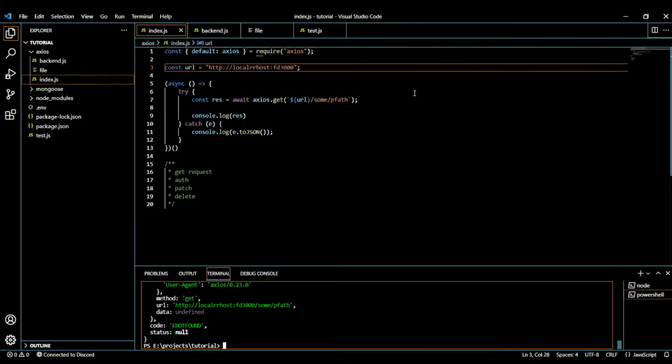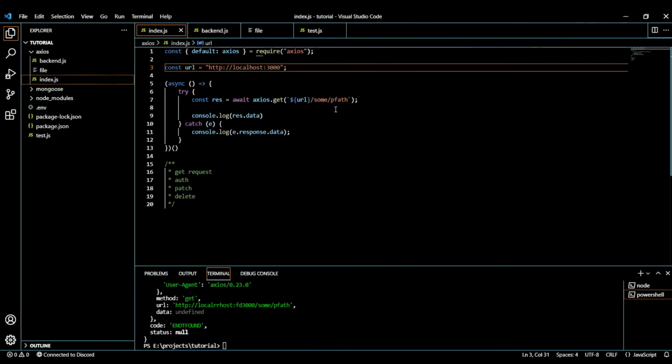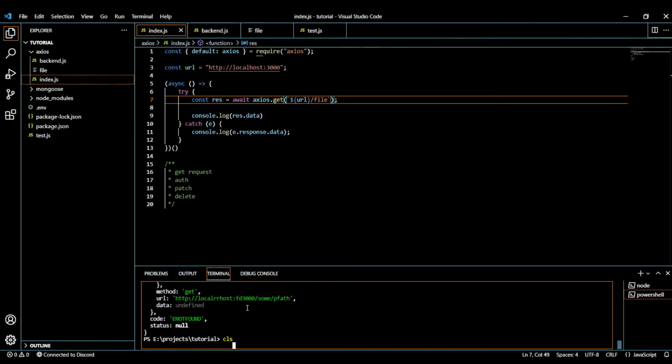Let's get back to the real Axios once more. Apart from get requests, we can do more stuff, like what if the API is providing some file like that one? Our Axios will just return the content of that file inside the data property. So it is pretty easy to read files too. And now let's move on to the configurations.